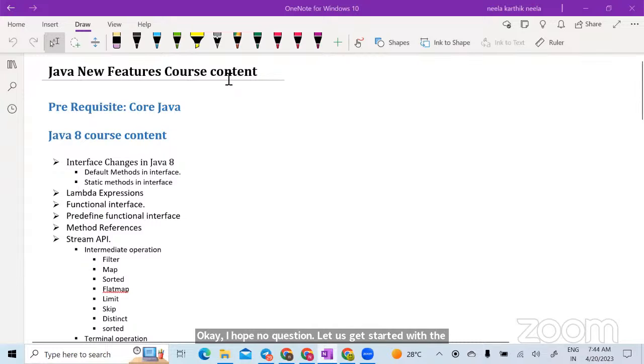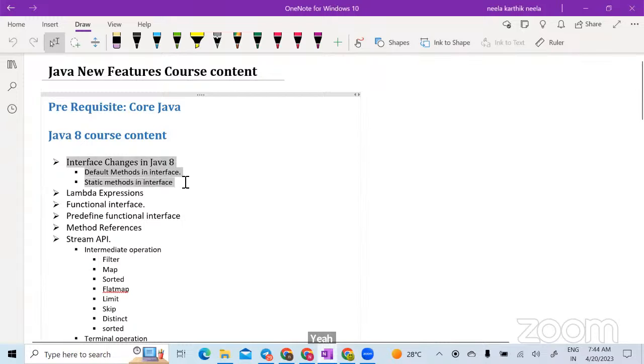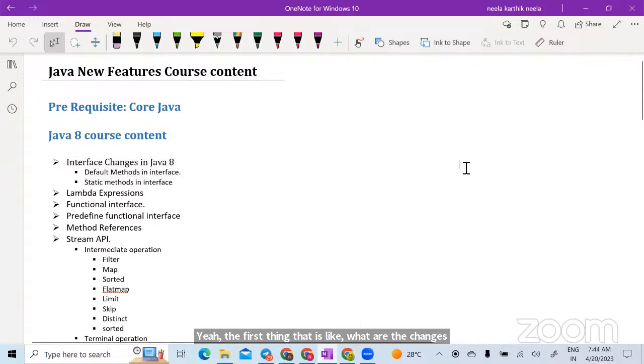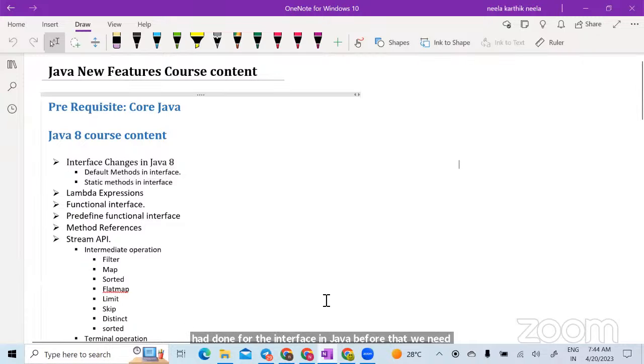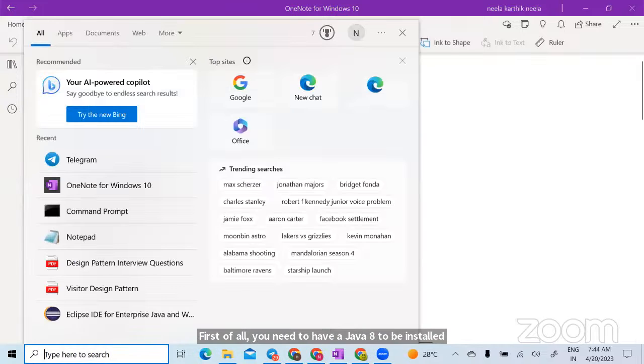The first thing is, what are the changes done for the interface in Java 8? Before that, we need to know how to install Java 8. First of all, if you want to learn Java 8, you need to have Java 8 installed on your machine. And if you do not know whether it is installed or not,